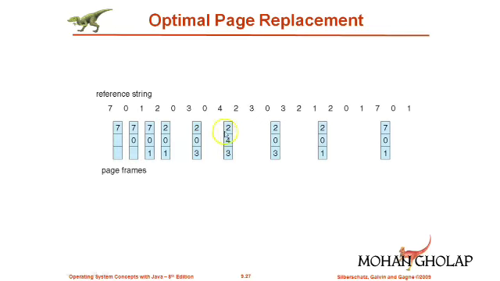In the same way this particular algorithm is used for all the other reference strings also. So in this way the optimal page replacement algorithm will be used for replacing